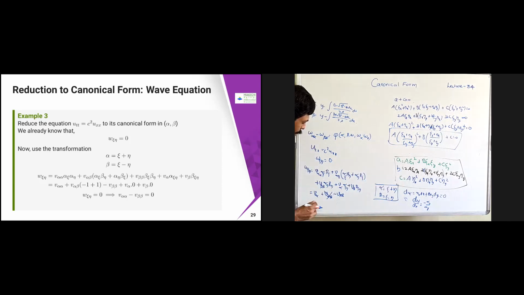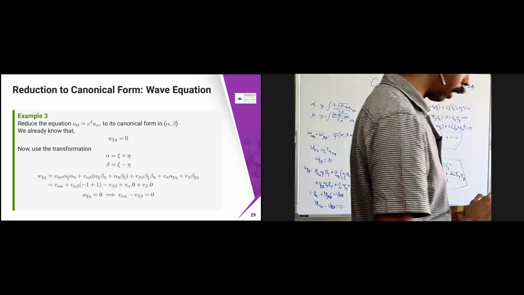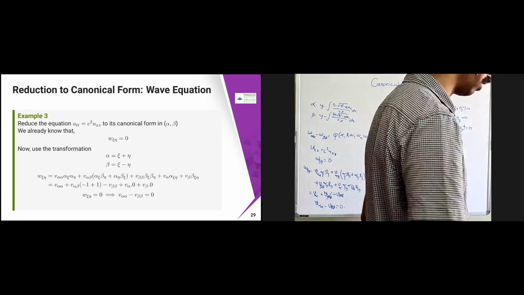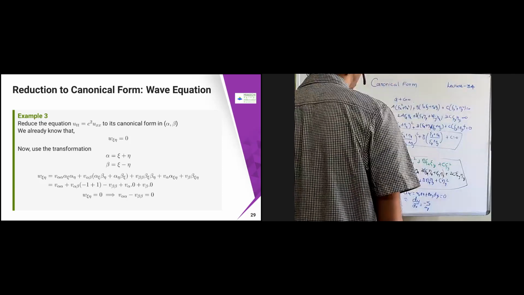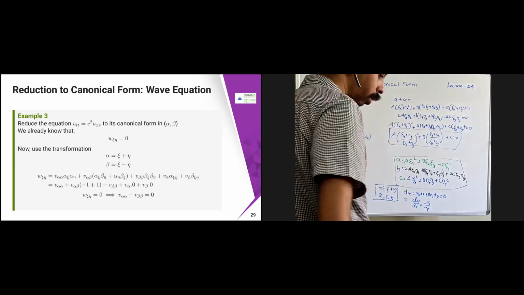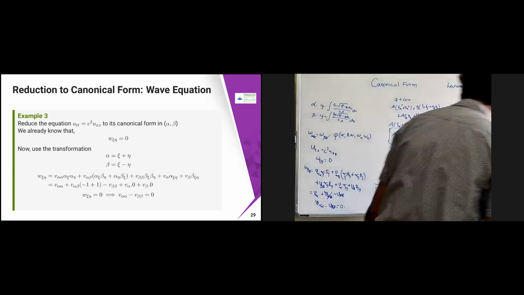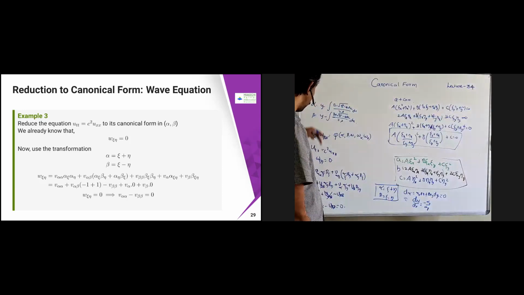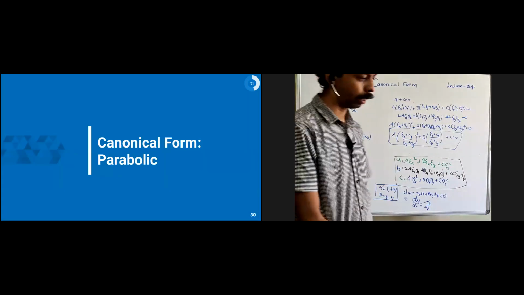Therefore, what I'm going to get is b alpha. This is going to be my same hyperbolic PDE. I can write it in both ways. So wherever you know the solution, you can solve it. If you know the solution in the chi comma eta plane, you solve it, or if you know the solution over here, you can solve it. So in both cases, you can solve it.